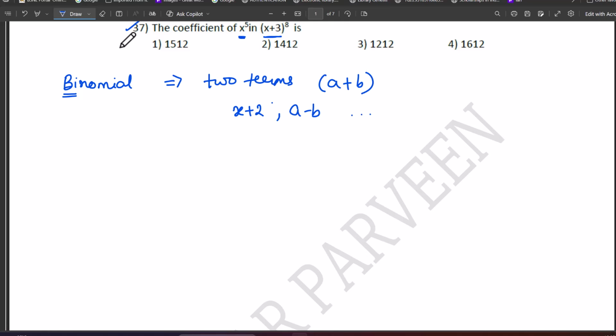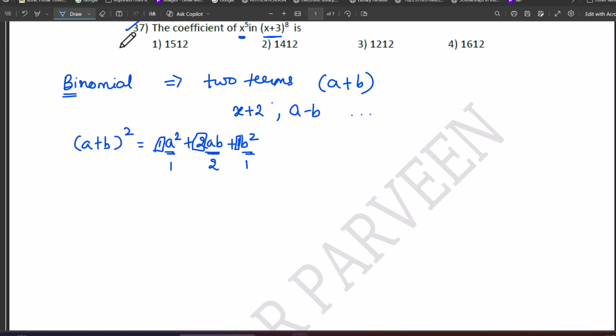Now you need to understand this pattern. If I write (a plus b) whole square, what is the full form for this? You all know this formula, right? It is a square plus 2ab plus b square. You have to observe the coefficients of each term here. The coefficient of a square is 1. Coefficient of ab is 2. Coefficient of b square is 1. Right? What is the coefficient? The number which is written behind that particular term is the coefficient. Right? If nothing is there, it means that we have 1 there.